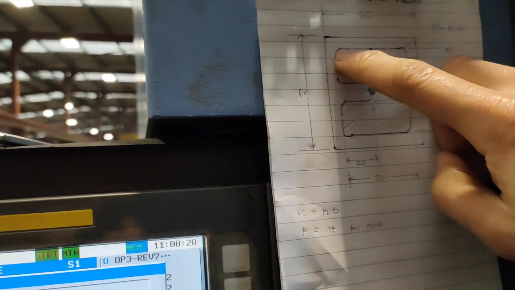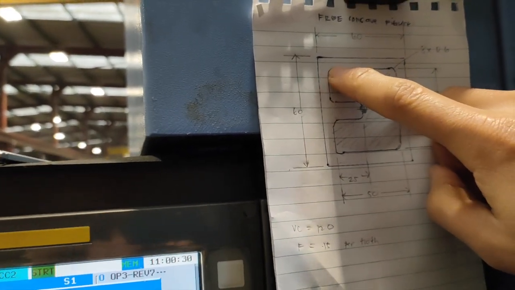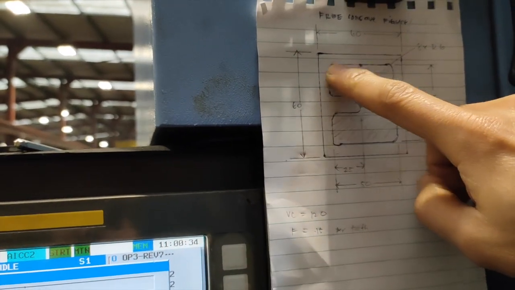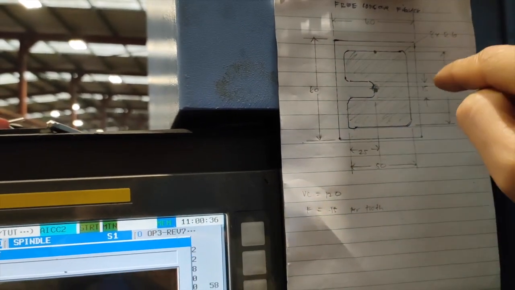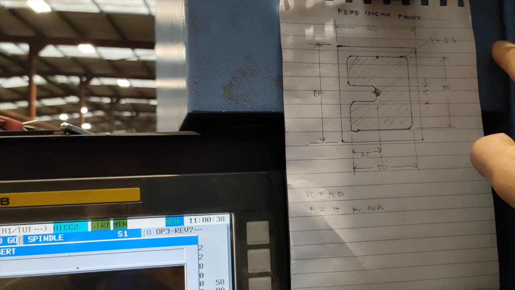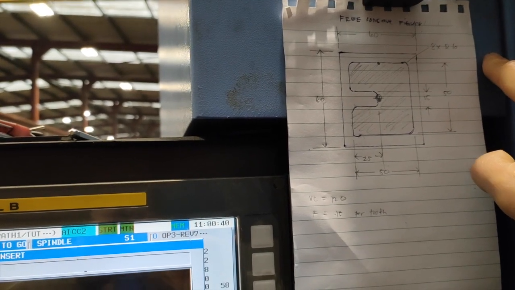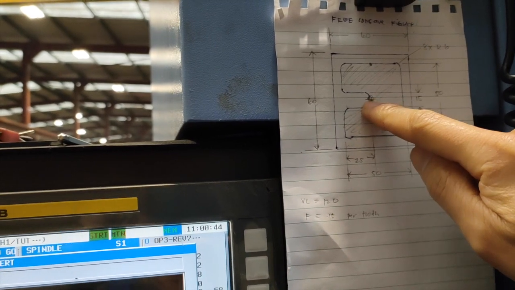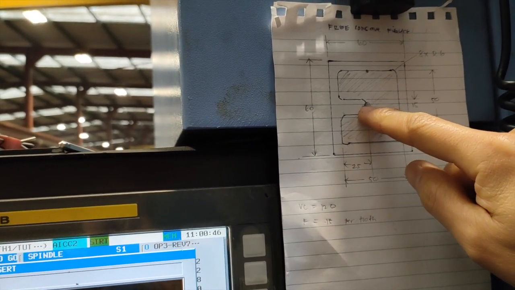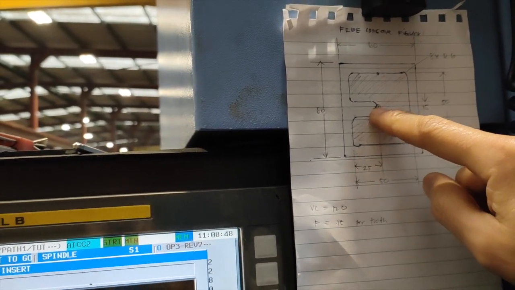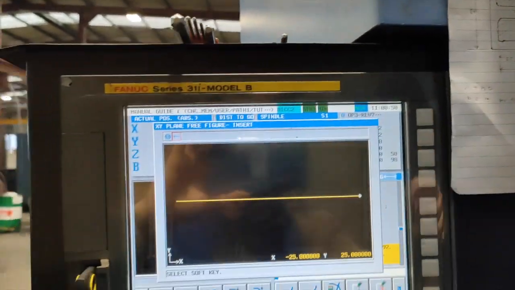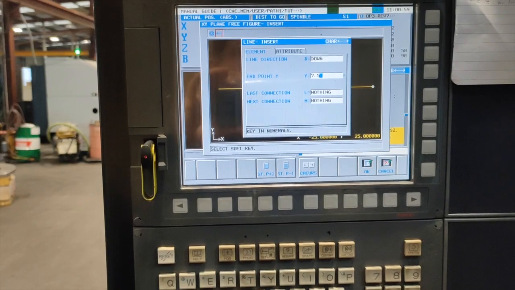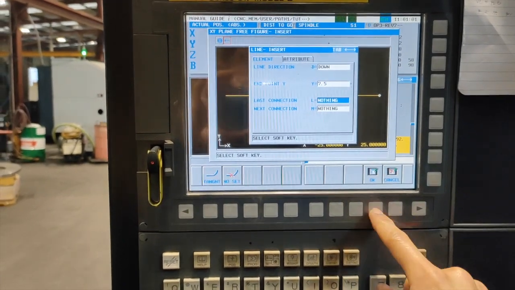And then guys, we are going down, so we are going down to this line. Instead of doing the radius, we will do this one later on. All the radius we will do that one at the end. I will show you how easy to do the radius. And then we are going to, if that one is 15, half of 15 is 7.5. So line again down 7.5, that's plus. Then nothing,